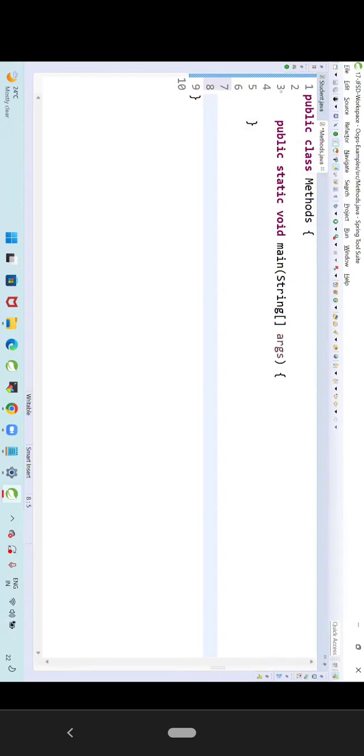Now, here I'm writing one method, void printf. The method name can be anything. I'm taking the method name as a print method. What that